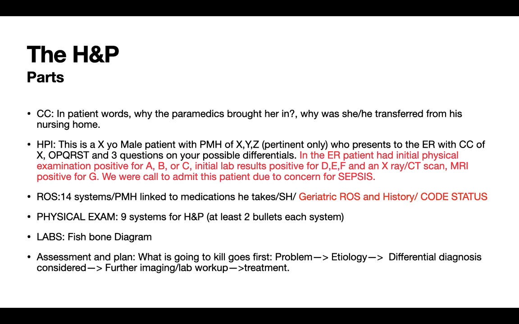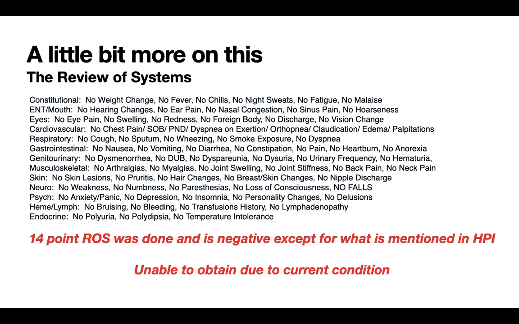The review of systems is the same, nothing has changed on that. Just keep in mind to add the geriatric review of systems and history for patients 65 or older, and the code status question. Don't forget to get the code status. For the physical exam and labs, we like to use the fishbone diagram to report labs, meaning those are the most important lab results. And for the assessment and plan, what's going to kill the patient goes first. And let's go. So the review of systems,